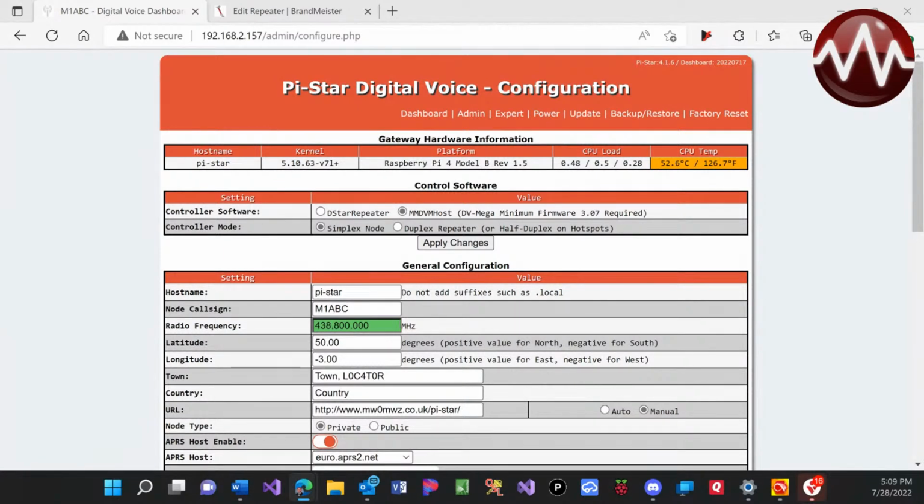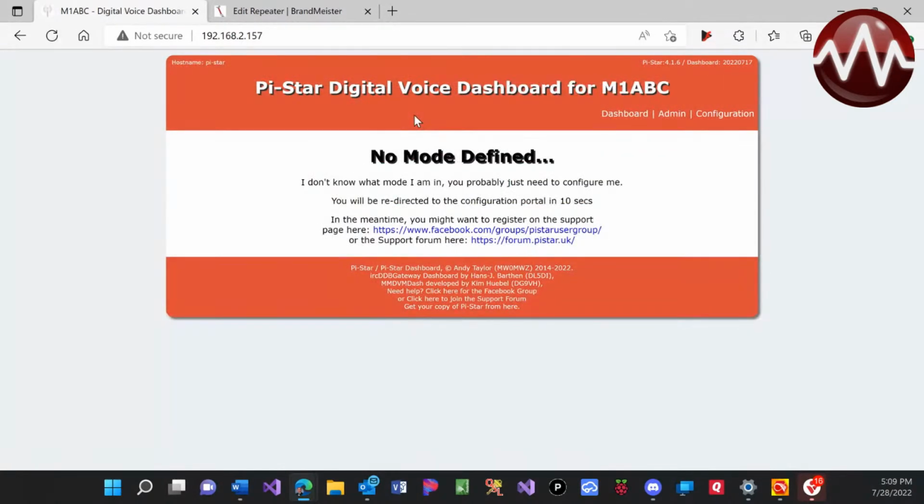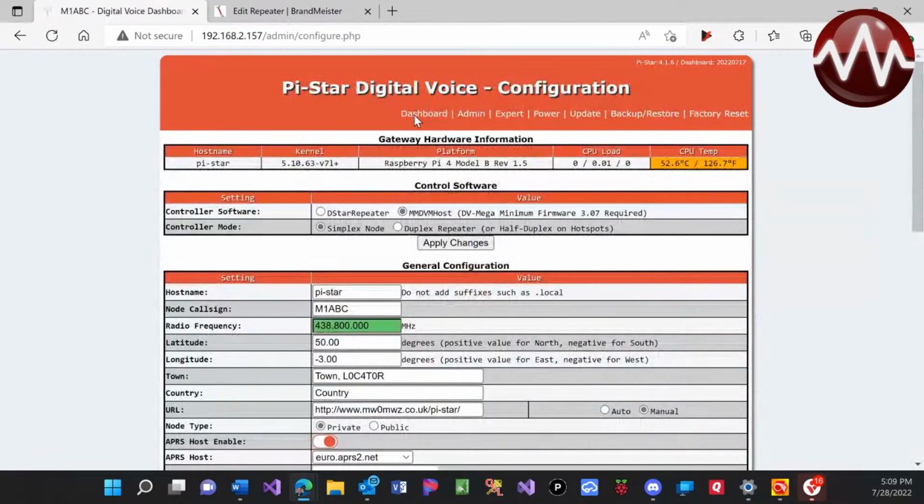And we have a fresh configuration going on here. So as everyone can see, I will go to the dashboard. No mode is defined. We have a brand new, just out of the box. You just bought it from us, didn't get any of the plug and play. We're going to go through that whole configuration process with you right now to make sure everyone understands how to